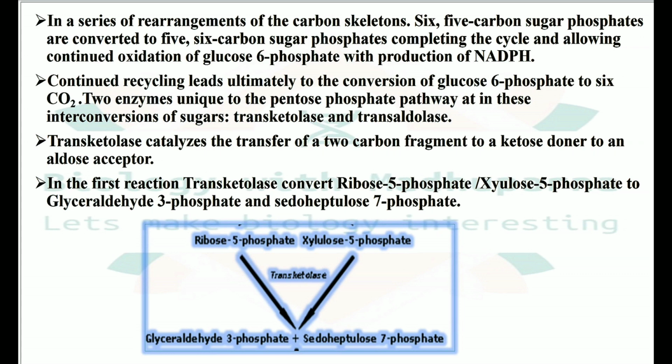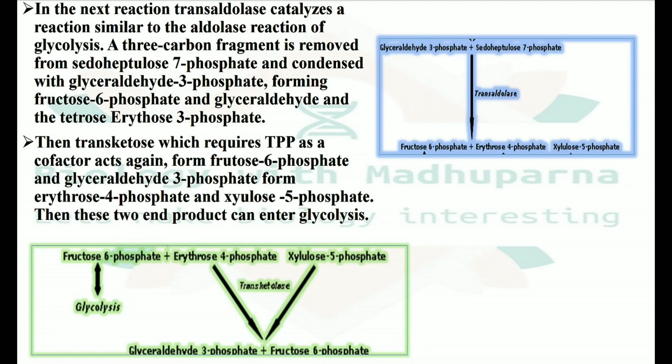So this is the first reaction, and in the next reaction, transaldolase catalyzes a reaction similar to the aldolase reaction of glycolysis, where aldolase was being used and was producing glyceraldehyde 3-phosphate plus dihydroxyacetone phosphate. So a 3-carbon fragment is removed from sedoheptulose 7-phosphate and condensed with glyceraldehyde 3-phosphate, forming fructose 6-phosphate and the tetrose erythrose 4-phosphate. So if you look into the reaction, you can see glyceraldehyde 3-phosphate plus sedoheptulose 7-phosphate, which was our end product of the first reaction, is being converted into fructose 6-phosphate plus erythrose 4-phosphate